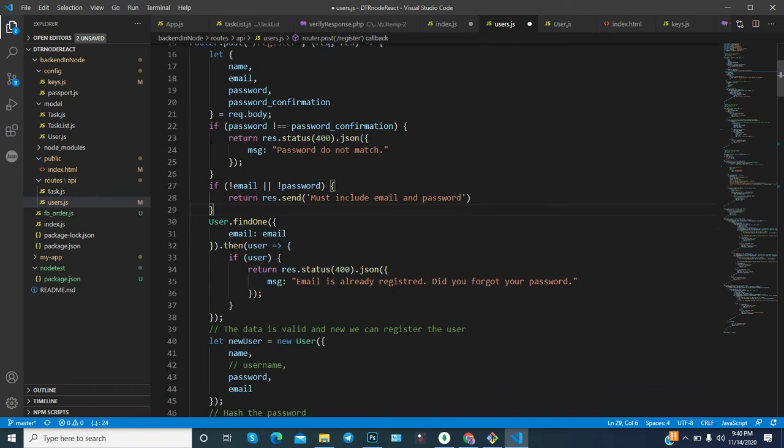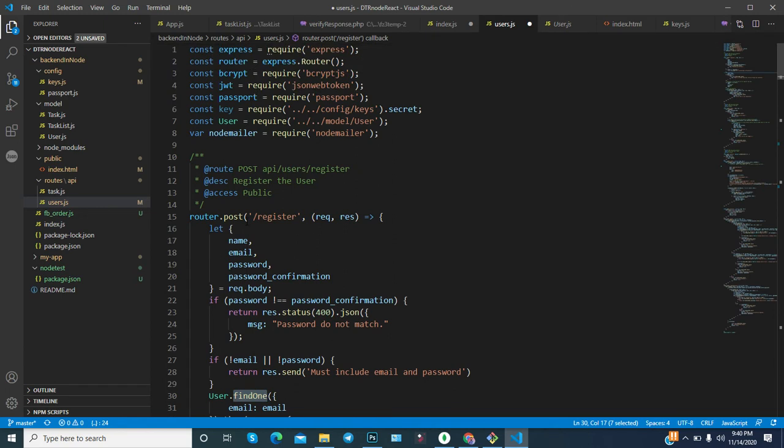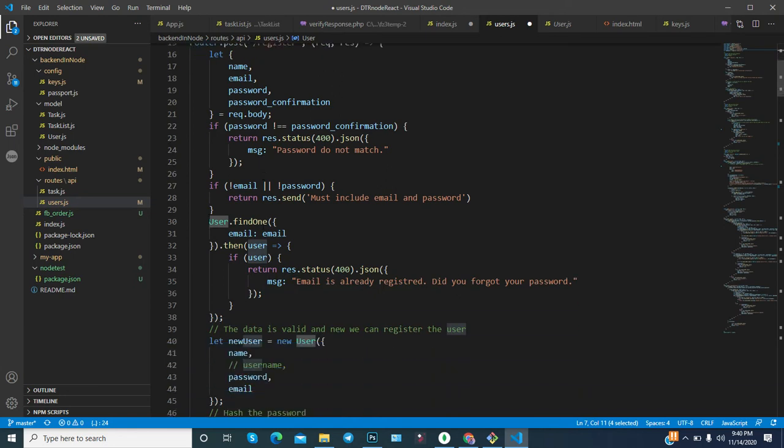And if everything is perfect, it means that this return statement is not executed. It will come to this point and check whether the user is already available or not. So here user.findOne, as you know, after you have created a schema using the Mongoose library, and this is the user. So user.findOne, and you try to find out whether that email already exists or not.